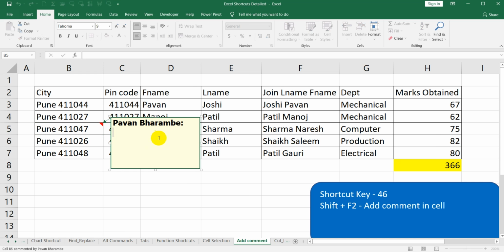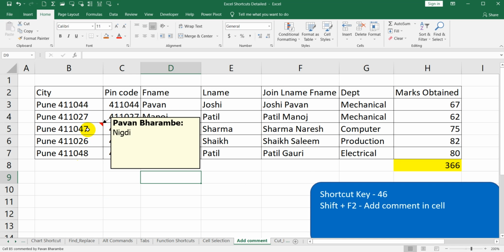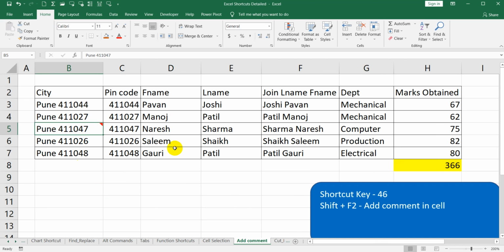You can add the area Nigdi and click outside. Once you click, you can see the comment over there. So this is shortcut number 46 to add specific information for the cell.